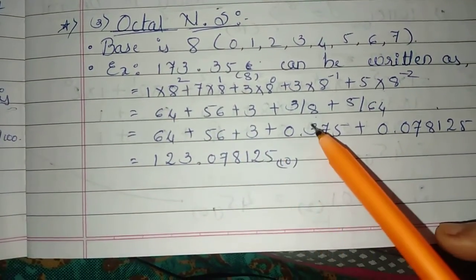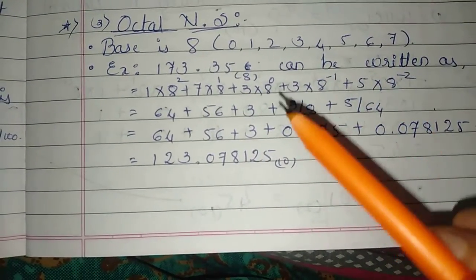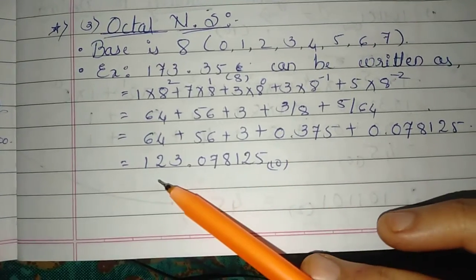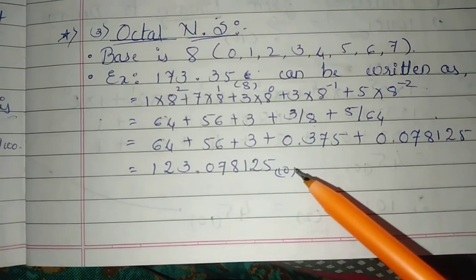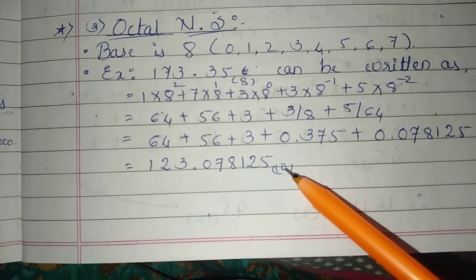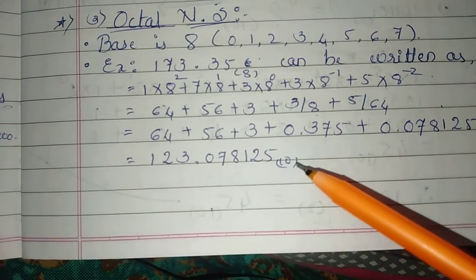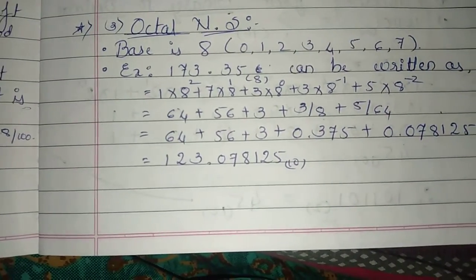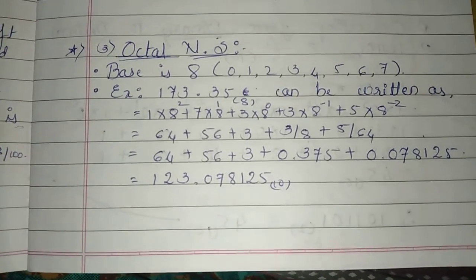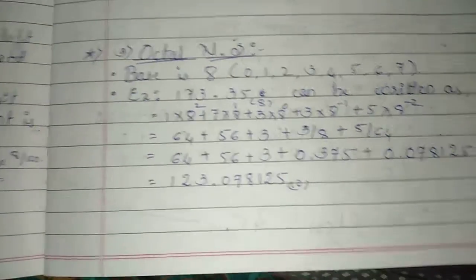64, 56. If we do this calculation yourselves too, the number we get is 123.078125 with the base 10. This number has been converted to this number in the decimal number system. I hope you are getting it. Do this calculation first, and we'll next move to